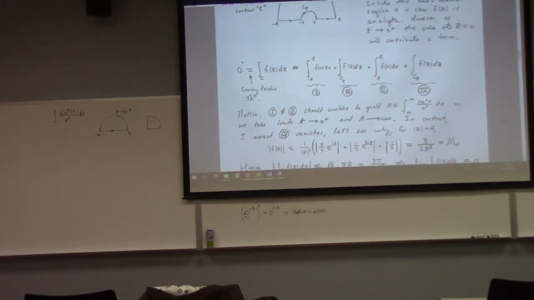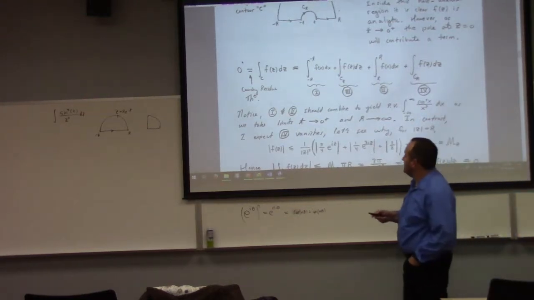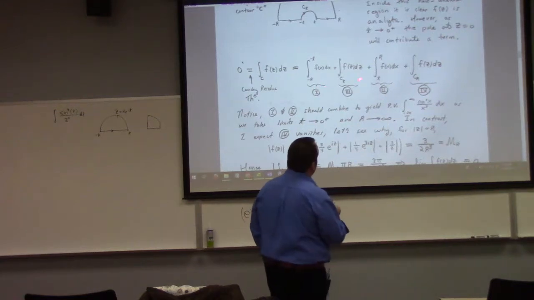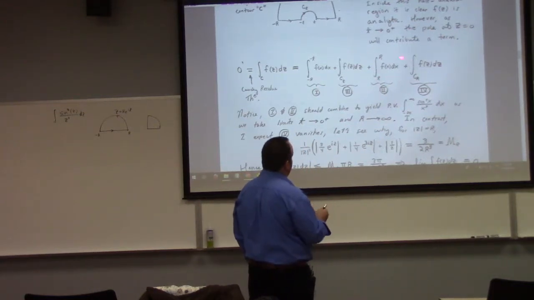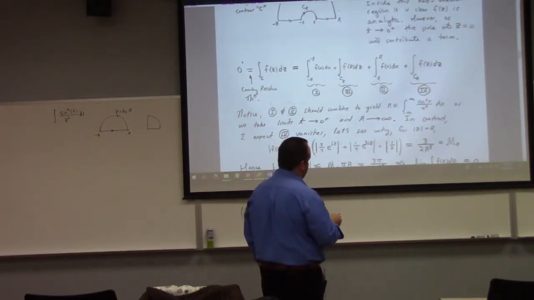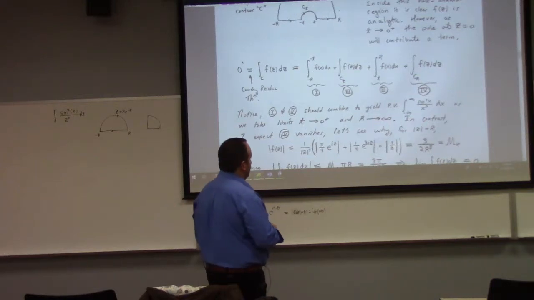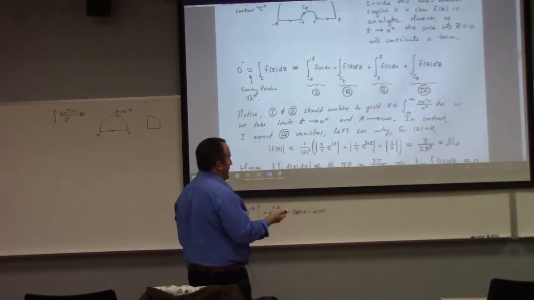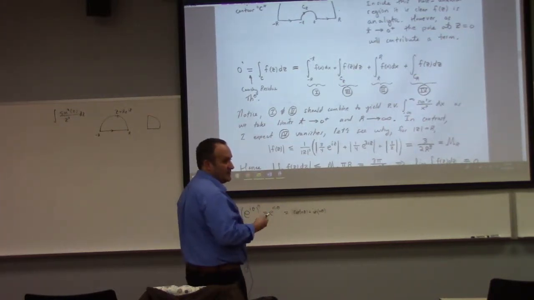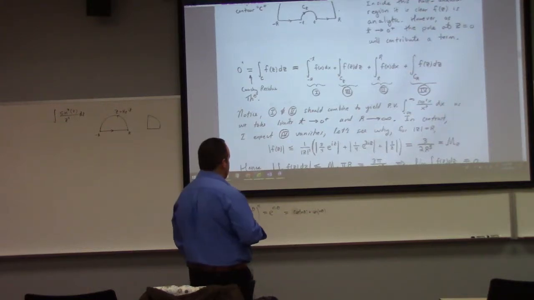So I said that 1 and 2 in my notation here, this one and that one, should combine together to give me the integral from minus infinity to infinity of sine cubed x over x cubed, which then I can take half of if I can find some argument that it exists, and that's probably not hard. And then I take the limit as t goes to 0 and r goes to infinity. Okay, so the